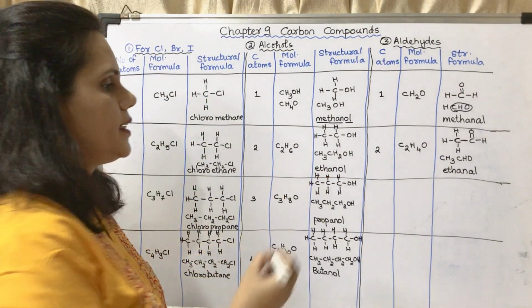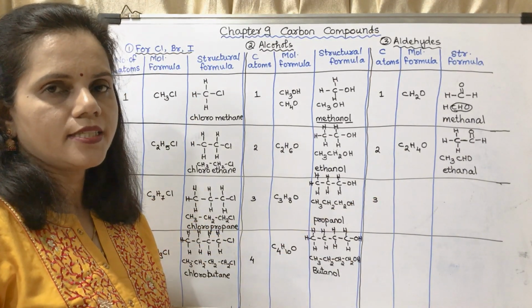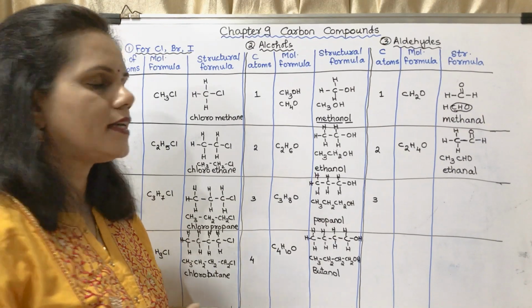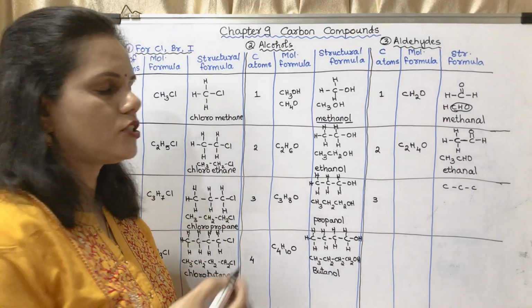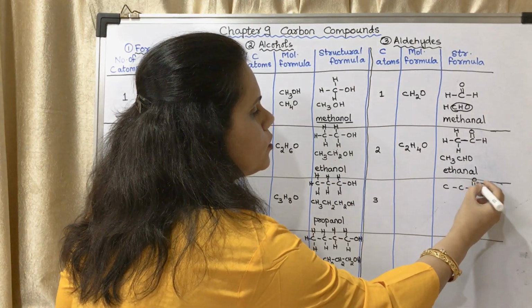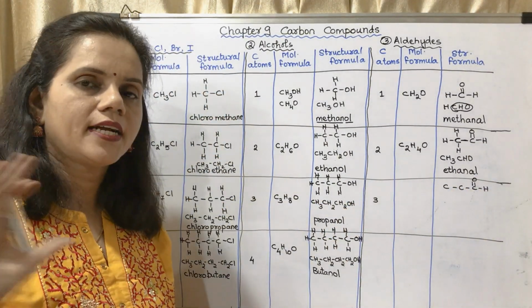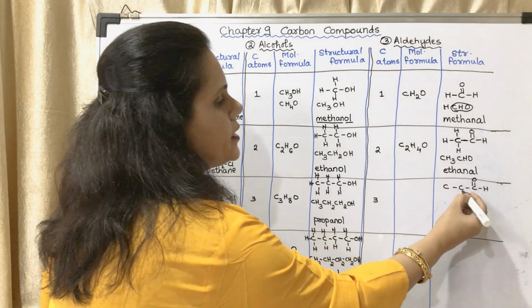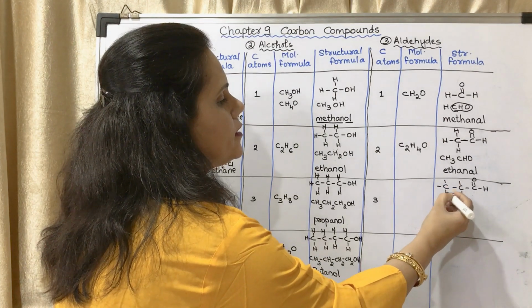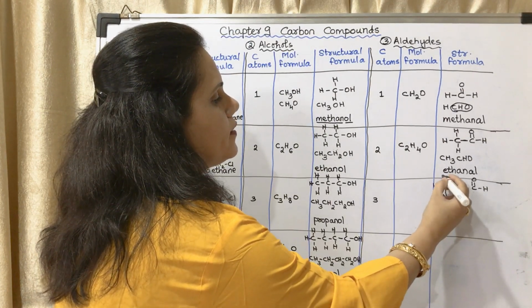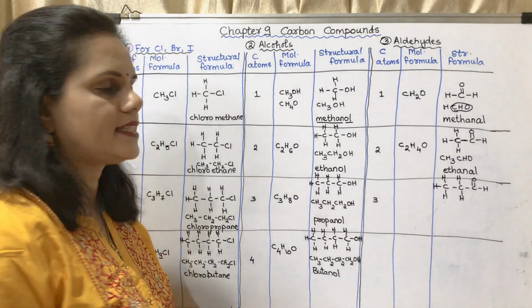Okay, now the next is with 3 carbon atoms. Now first we will draw the structural formula. First I will draw the 3 carbon atoms. One is having the functional group, with double bond O and H. The story of this has finished, that is separate, it is CHO. This C is having two branches left, this C is having 3 branches left, so everywhere you have to put hydrogen. This is the structure of the next compound.